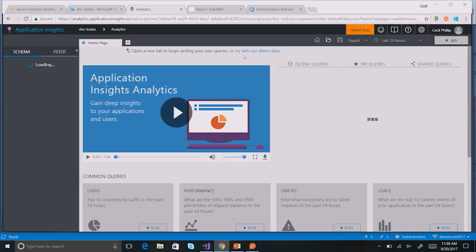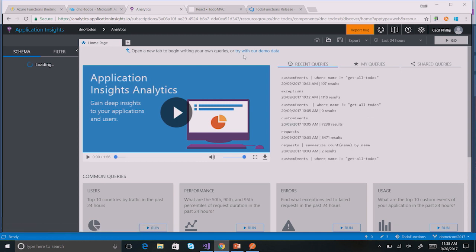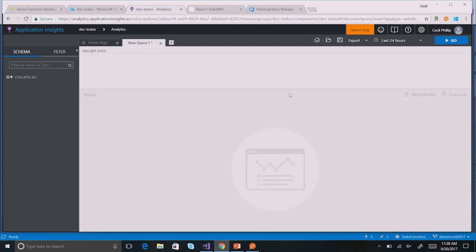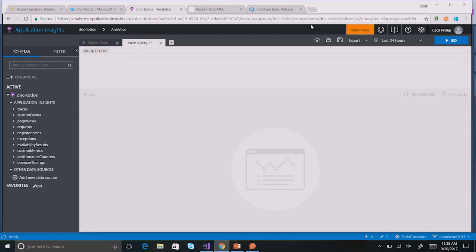So this is going to give us a really powerful query language to get really deep into what's happening inside of our function. So for instance, I have some queries that I already created. If I click on this one, notice that I'm just specifying, I want you to give me back all of the exceptions that happened inside of my function. So when I hit go,